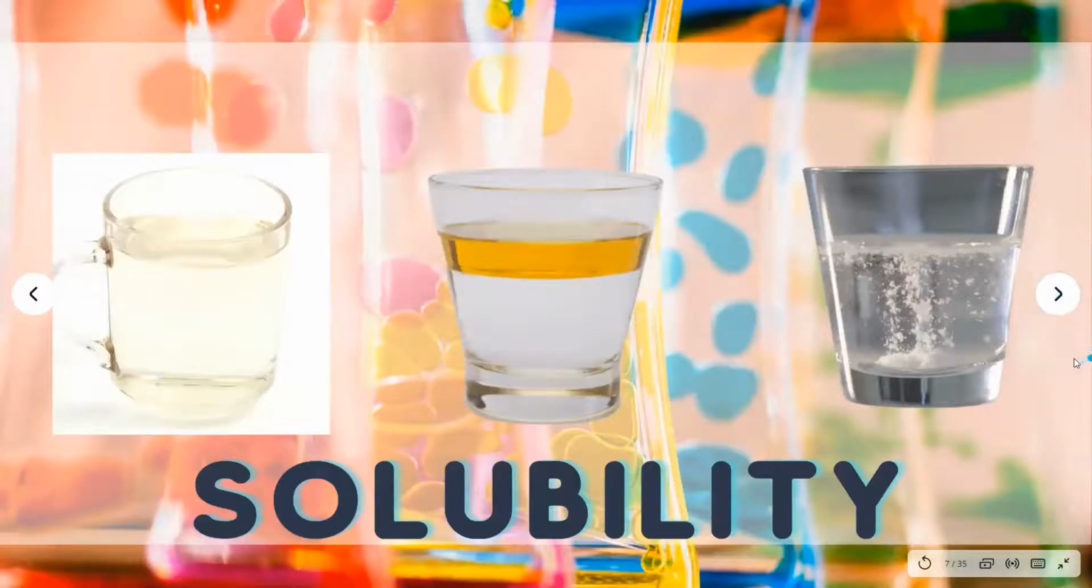So the next one that we look at at level 2 is solubility. Solubility is whether or not something will dissolve in something else. There are two key terms that we talk about with solubility, and that's solute and solvent. The solute is the substance that is dissolved, and the solvent is the substance that something is